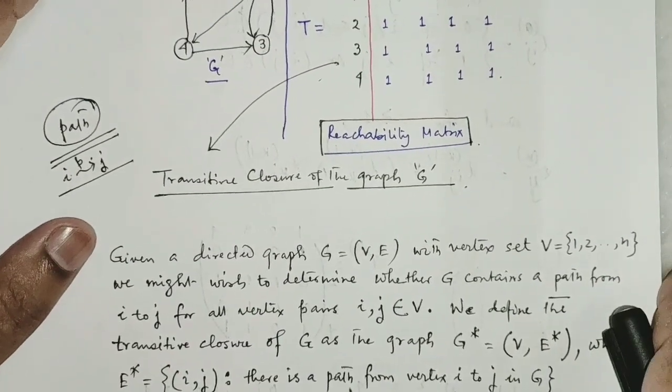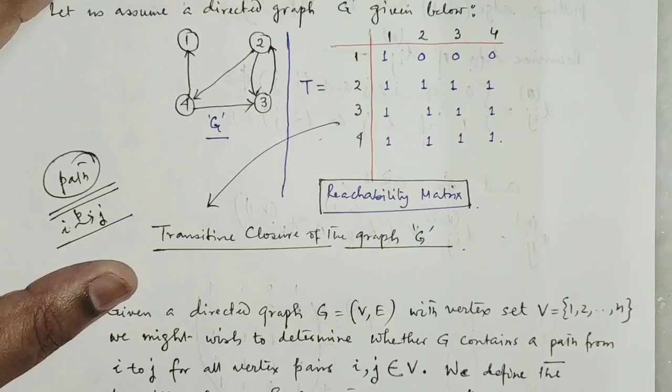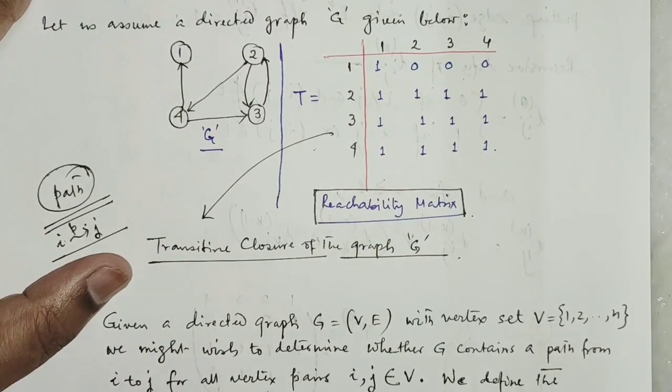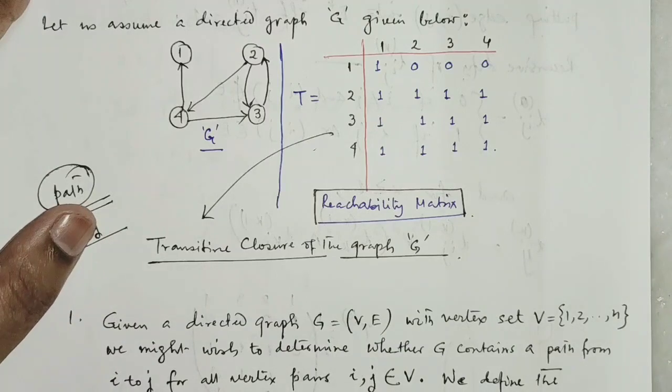My advice to all students is to go through the all pair shortest path algorithm, commonly known as the Floyd-Warshall algorithm, whenever you are going to study the transitive closure. That means you should parallelly think of the formula of the Floyd-Warshall algorithm, or even the concept behind it, because whenever I discuss the way to compute the transitive closure, you will find the application of Floyd-Warshall's algorithm there.